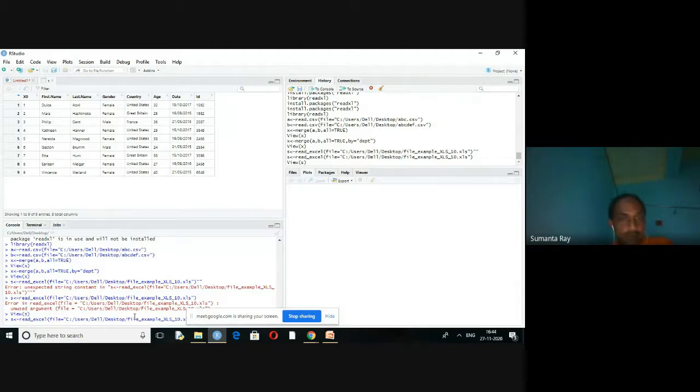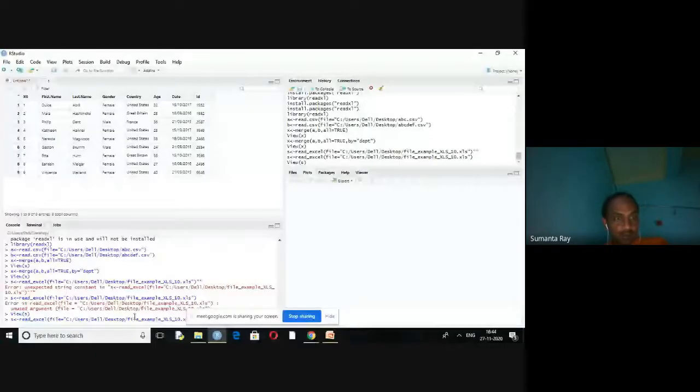For KNN, you require the k-nearest neighbor package. You just write this one. And for KNN, two different data sets are required: a training data set and a testing data set. You have a data set that is already trained, and the testing data set you are going to test. So by writing 2 or 3 commands, a small program, you are capable of running all the classification models.